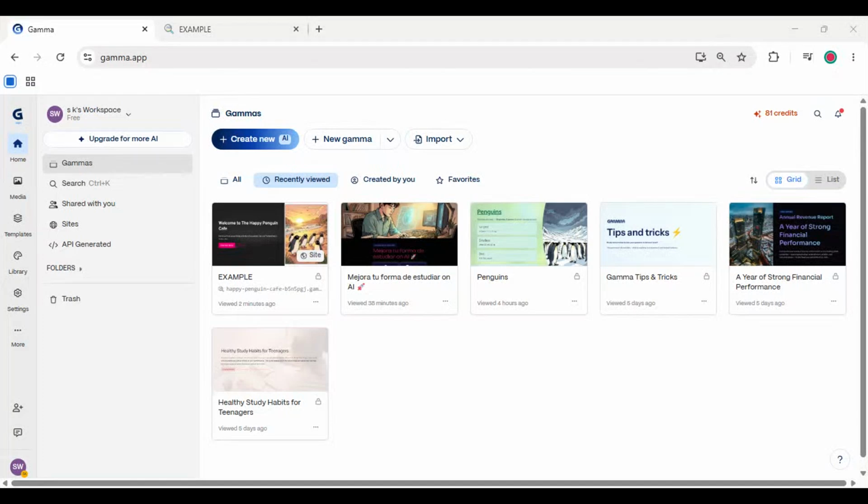If you want to quickly check exactly how your Gamma site will look to visitors, this video is for you. In this tutorial, I'll show you how to preview the public version of a Gamma site step by step so you can make sure your page looks right before sharing it with anyone. This is super useful when you want to review layout, text, spacing, links, and overall presentation from a visitor's point